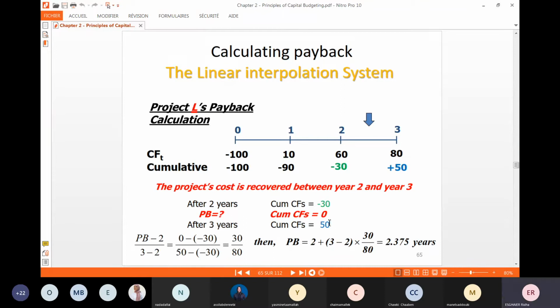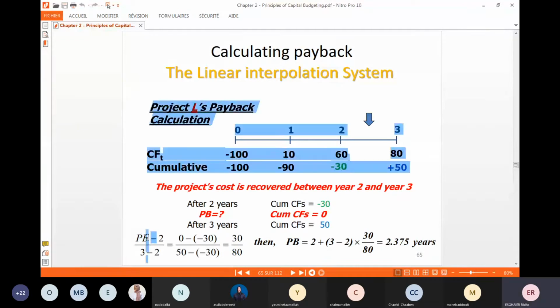One is negative, one is positive. Here, according to the linear interpolation, the unknown number of years, the payback, minus 2, over the difference between the two extremes, 3 minus 2, must equal the corresponding cumulative cash flow of the first amount, payback. The corresponding one is 0. Payback is the one whose cumulative is 0. So we have payback minus 2, and the cumulative of 2 is minus 30, over